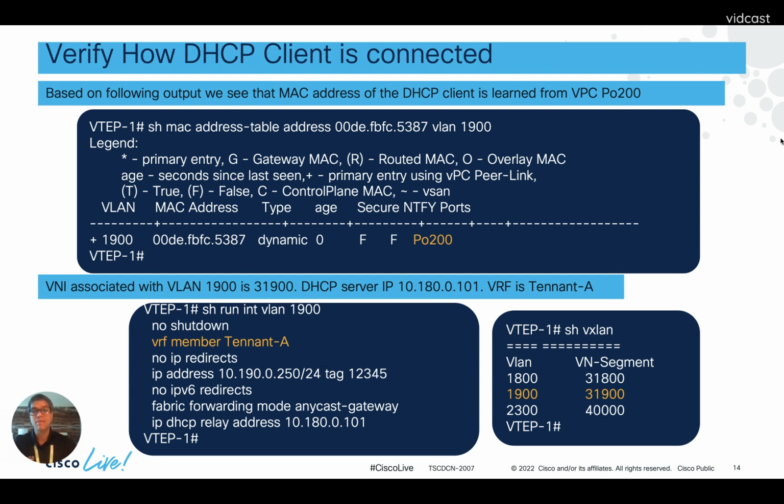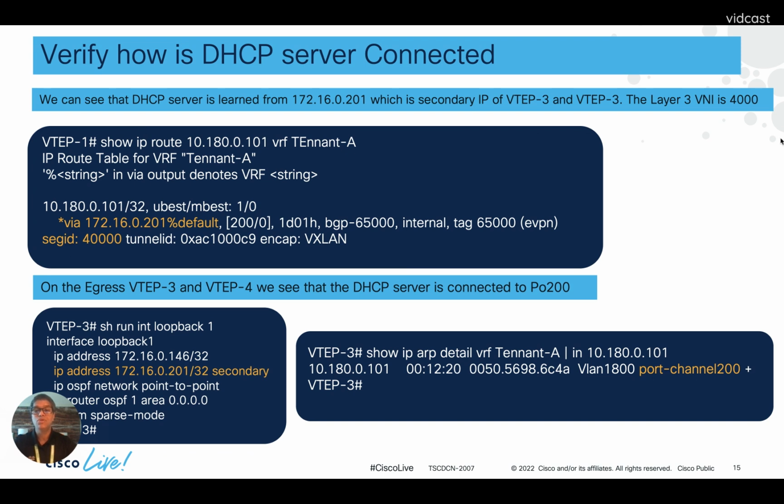Now let's collect similar information about the server. I do show ip route 10.180.101 vrf tenant A on VTEP 1, and I see that the server is connected via 172.16.0.201. If I go to VTEP 3 and do show run interface loopback 1, I see that the IP address 172.16.0.201 belongs to the secondary IP address on VTEP 3. And if I go to VTEP 3 and I do show ip arp detail,